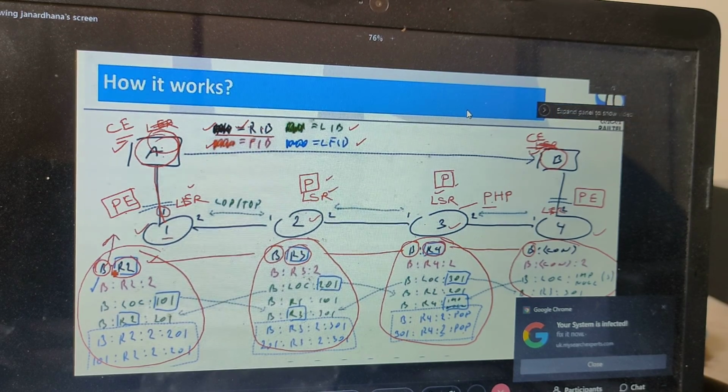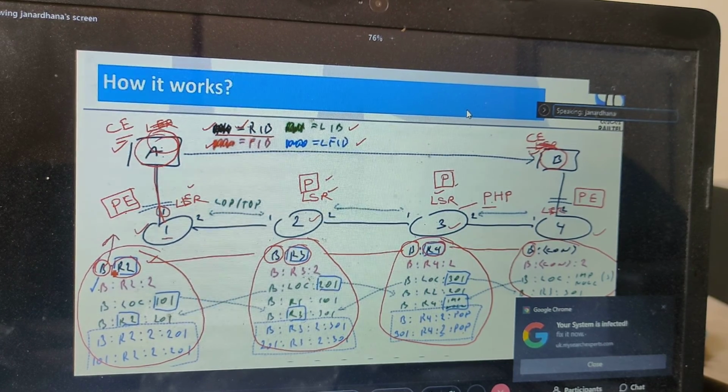So here I have the 4 colors. The first color is the B colon R2, means router number 1, whatever the destination, cannot go directly to B, it will hand over to router number 2. Router number 2 will hand over to router number 3. Router number 3 will hand over to router number 4. Router number 4 is directly connected to B, it will hand over. So the first line indicates B colon R2, B colon R3, B colon R4, B directly connected. This is the first line which indicates the RIB, routing information base.